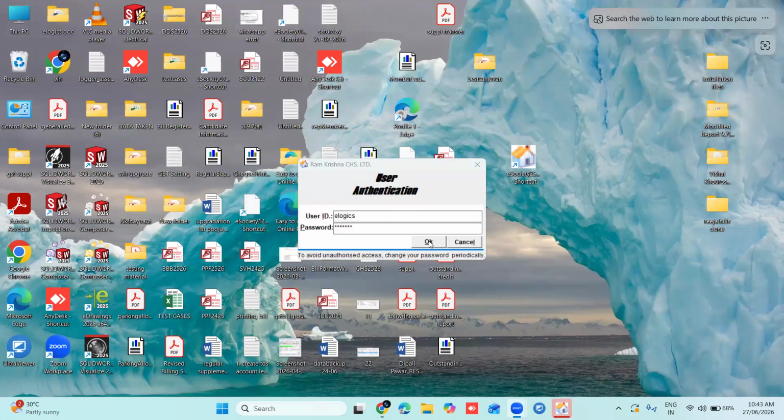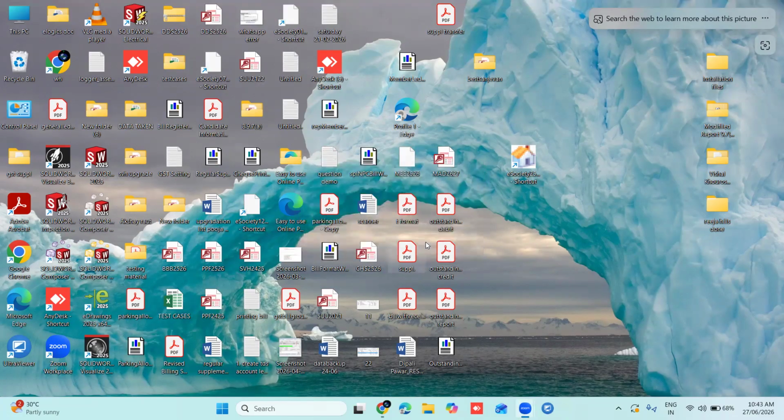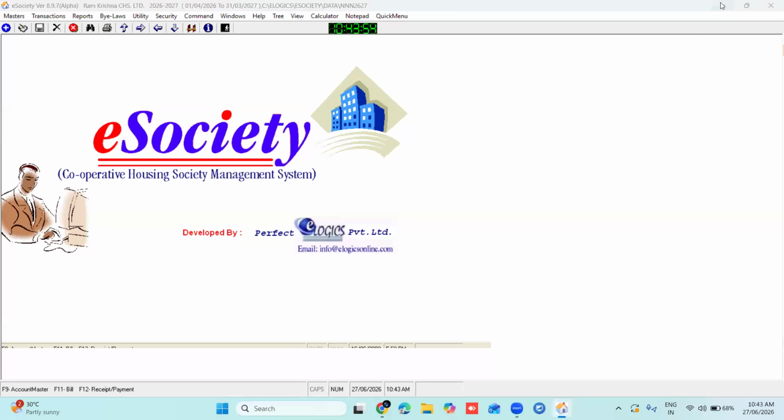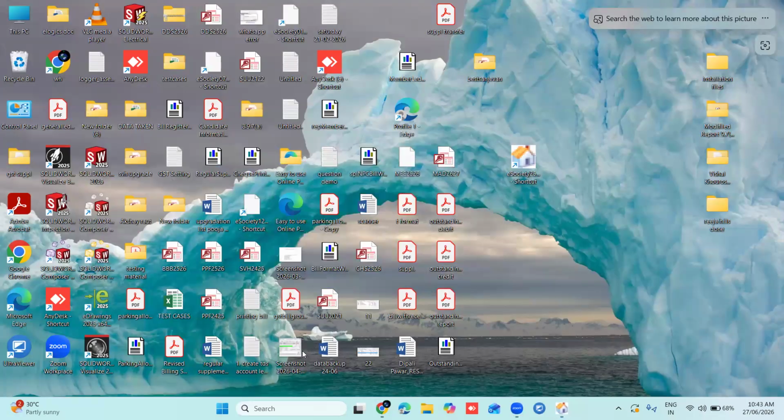Here you can see now backup got completed for this Ramakrishna CHS Limited. Click on OK.